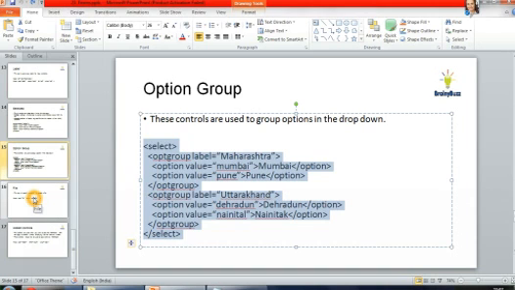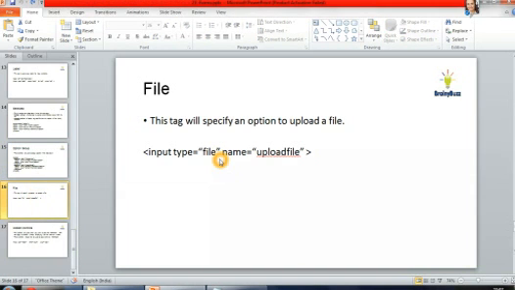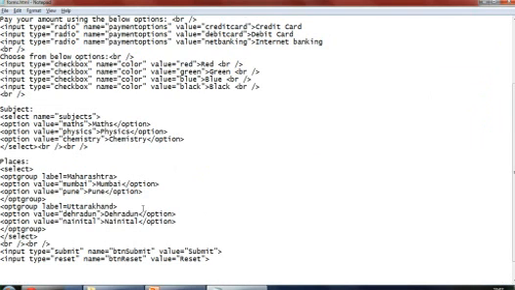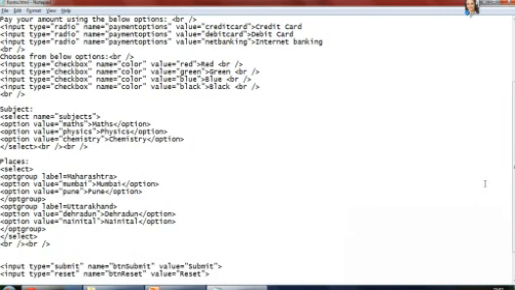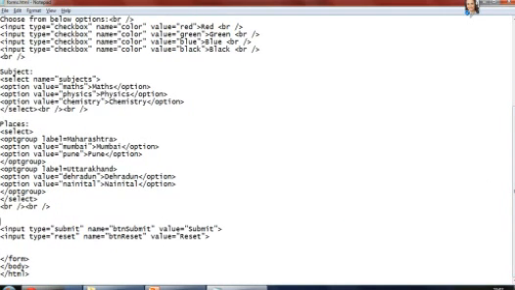After this we have file. File is the type that is used to upload a file. I'll show you the demo for this. Sometimes you want to upload your image over here.